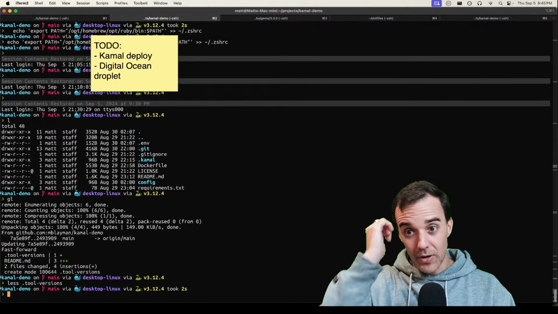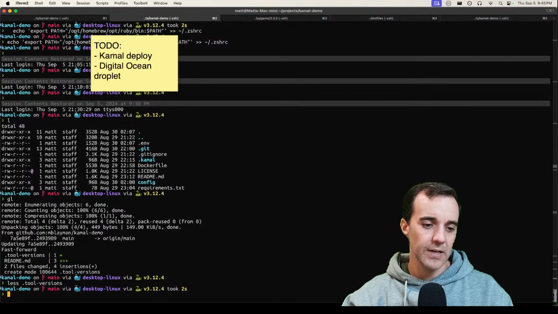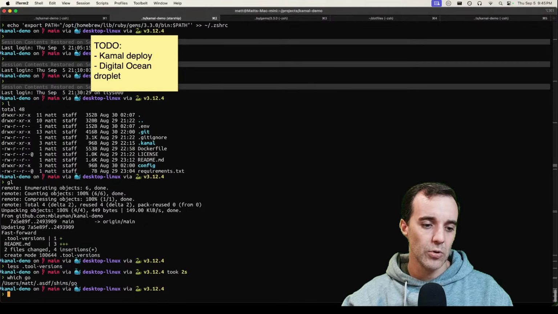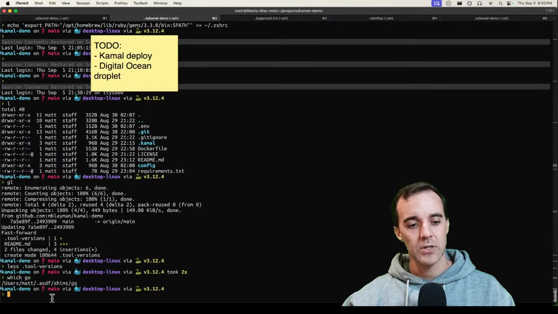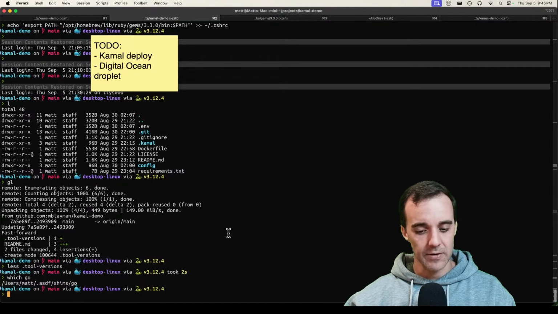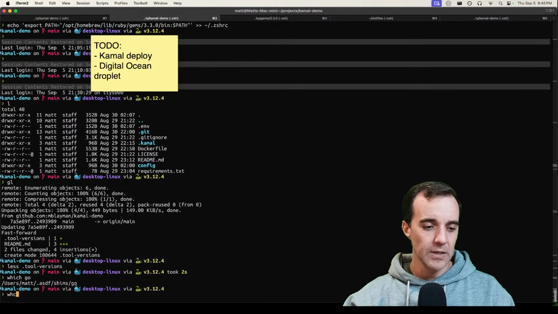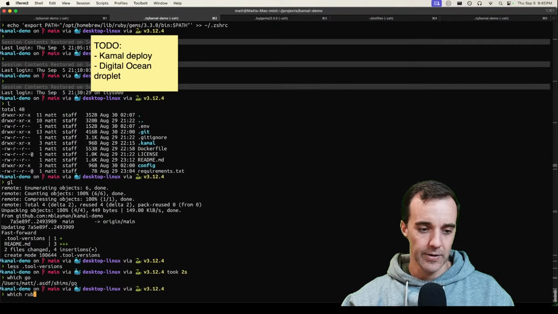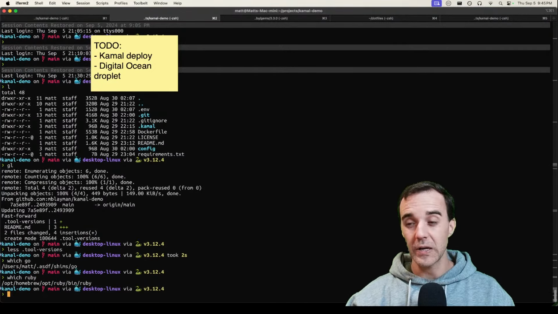I already have ASDF configured, so I should be able to say, for instance, which Go, and it's going to look in this shims area for Go stuff. But if I said which Ruby, it's not going to do that right now, I think. It's still pointed at the Homebrew Ruby. So we're going to install this version from